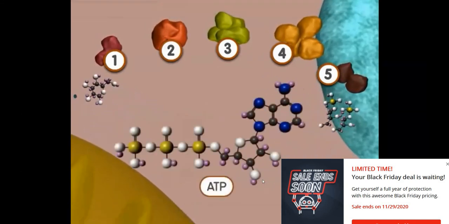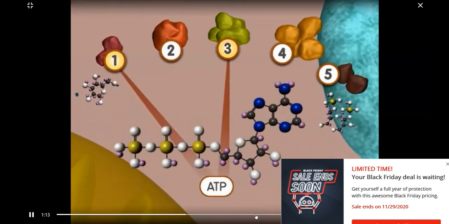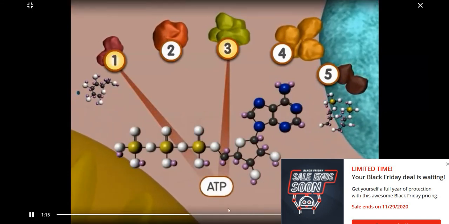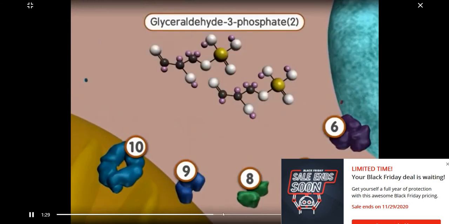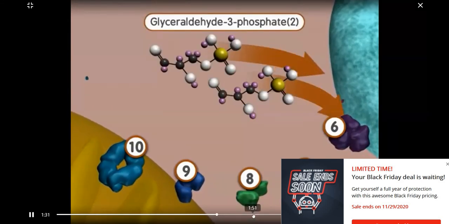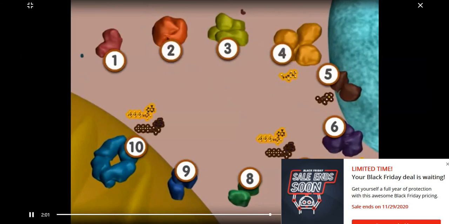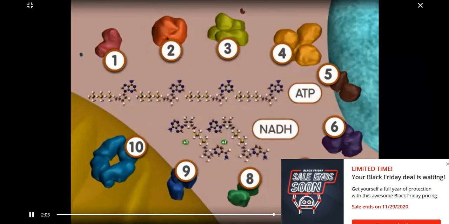To do so, ATP is consumed in the first and third steps. Both of these chemical reactions are catalyzed by enzymes. ATP is made per glyceraldehyde 3-phosphate in both steps 4 and 5. This means that a total of 2 NADH